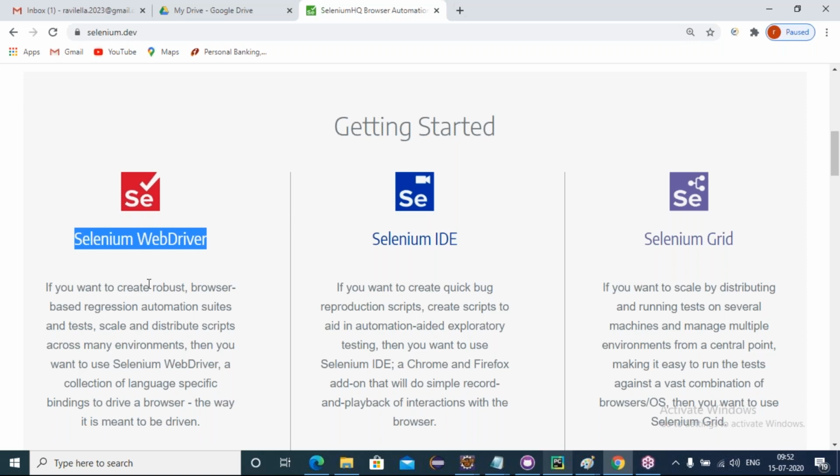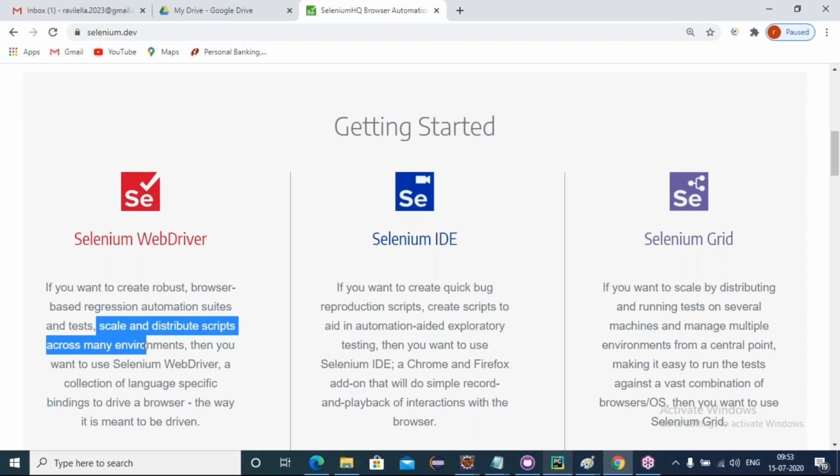That is the way we are writing the code. The robust browser-based regression automation suites and tests that you create are going to be executed on every browser, and if you want to scale and distribute the scripts across many environments, then you use Selenium WebDriver.